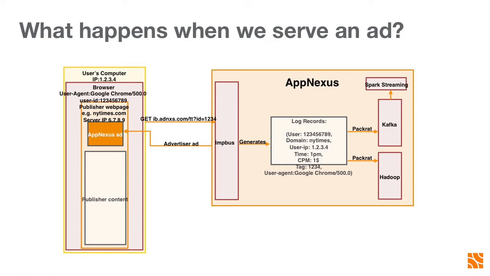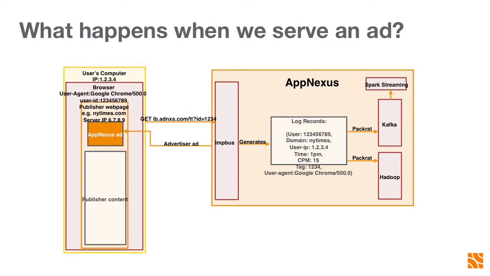This request heads over the internet towards our server, and it runs into an application called the impression bus. At that point, the impression bus does all sorts of things that make up the platform we're talking about. It takes care of an auction that determines who wants to pay the most right now to show this specific impression. Then the auction concludes, or it's not transacted, but in any case we have a record of this auction taking place. This happens as much as, I think, 150,000 times a second.